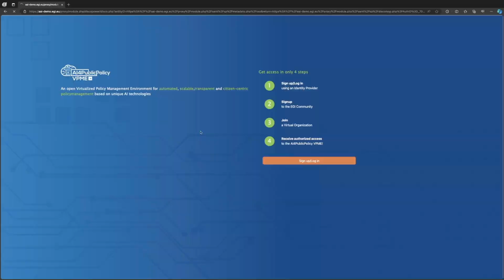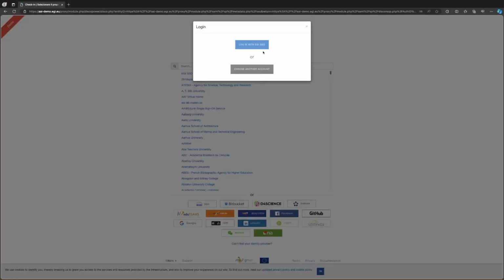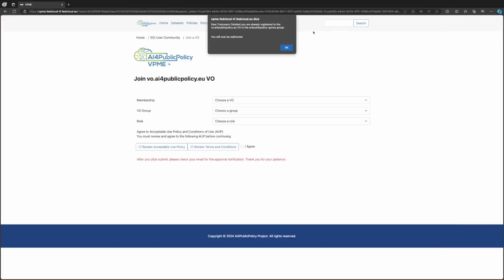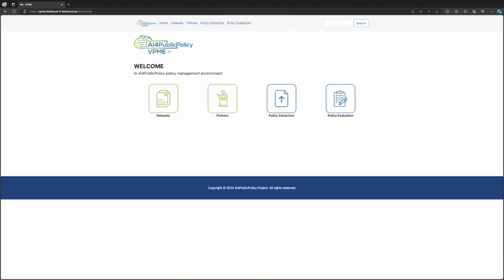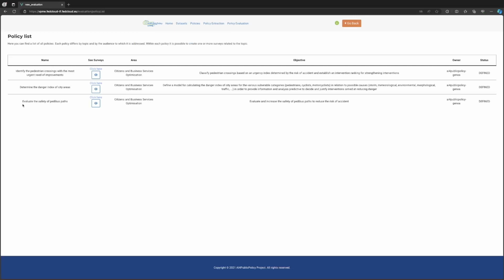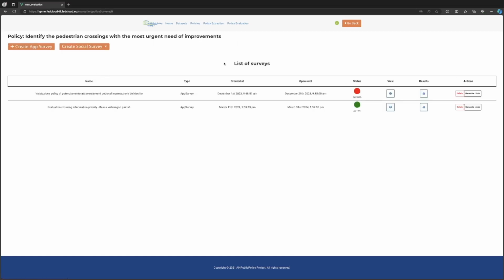As a first step, a policymaker should enter the VPME. Now, he should click on the Policy Evaluation button. At this point, the policymaker is redirected to the homepage of the Policy Evaluation component. Here, we can see the list of the defined or extracted policies retrieved through the Policy Management Service API. Now, we enter the Identify the Pedestrian Crossing with the Most Urgent Need of Improvements policy, and here, the available